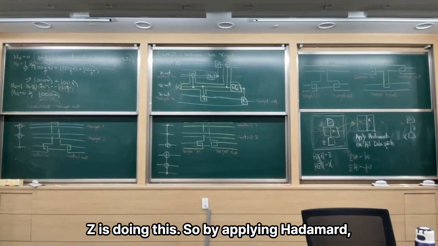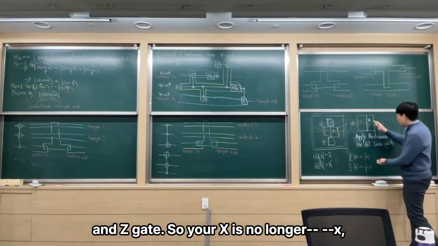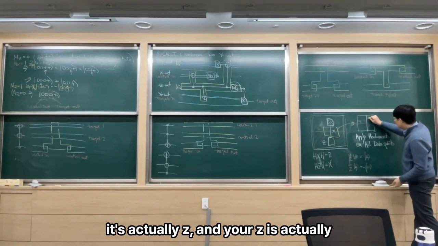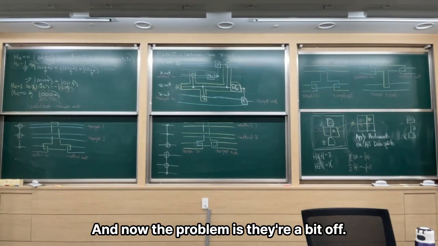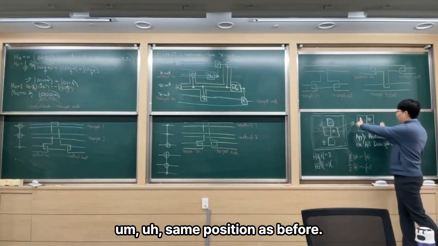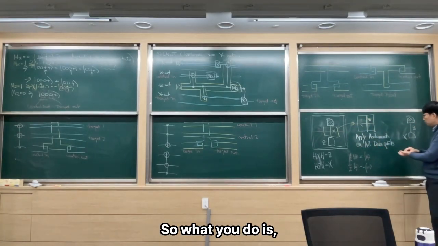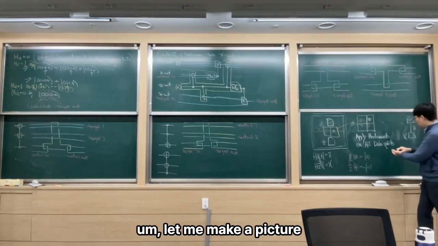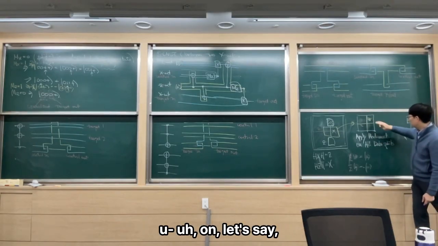So by applying Hadamard, you're changing the basis, therefore you're changing the role of x gate and z gate. So your x is no longer x, it's actually z, and your z is actually x. So x is here and z is here. And now the problem is they're a bit off. I want to make it in the same position as before. So what you do is, let me make a picture a bit on the corner, let's say